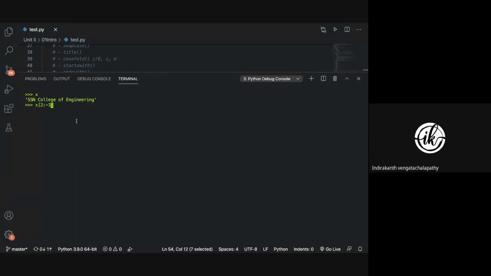Why does it print n, then College of Engineering, but at the last G won't be there? Correct. So see, the last character is not included, right? So it is essentially till minus 2 from reverse. So this is minus 1, minus 2. So the last character is not printed. So till n, this will be printed.